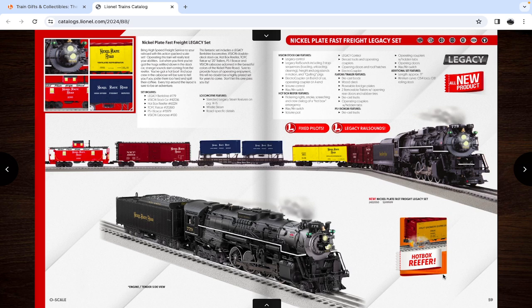Lionel hasn't produced one of these hotbox reefers in a long time, probably because the sound system in the original hotbox reefers was not the greatest in my opinion. Had good smoke units, but sometimes got a little too annoying, so hopefully they have updated the sound features inside of it. But for the set itself, it includes a standard Nickel Plate Road number 779